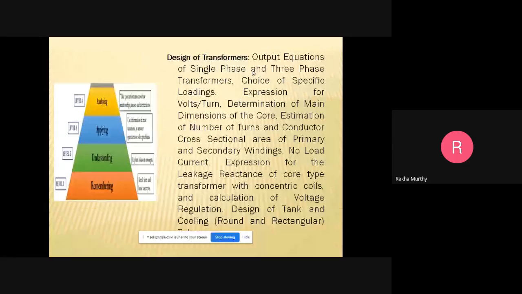So in the design of transformers, this is the syllabus part we need to cover. In today's class, I'm going to concentrate on the output equations, that is, output equations of single